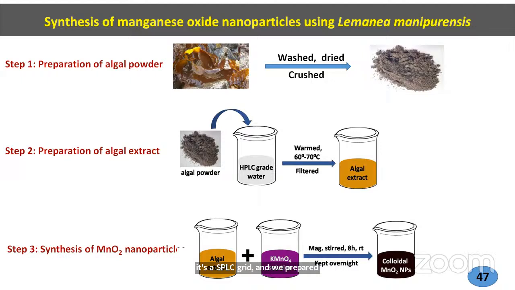Lemania moniporensis is our new report from the world, because this particular species with molecular identity was not reported earlier. So we named it after the state of Manipur as moniporensis. It is our foreign collaboration for authentication, and we could see how efficient this particular alga is for